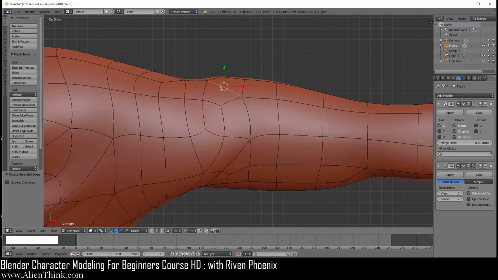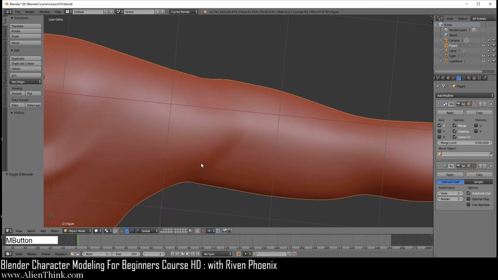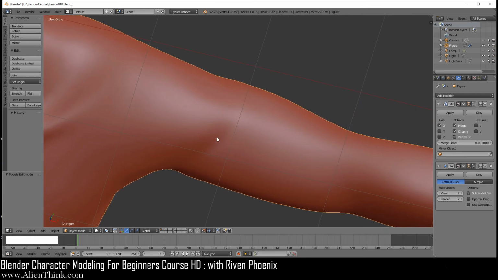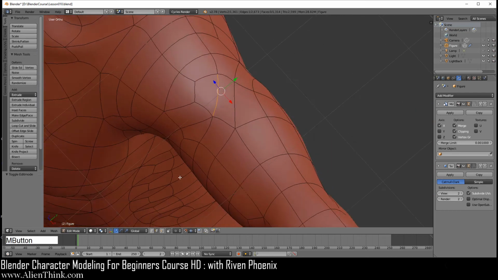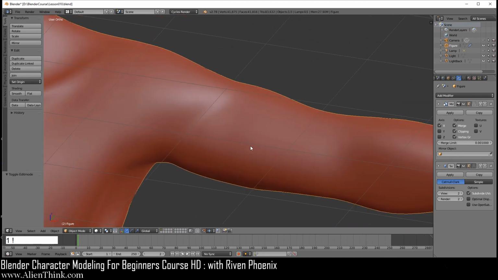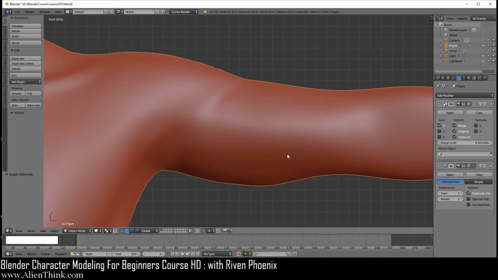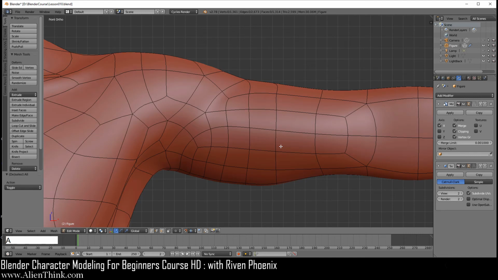To start to get the deltoid to go in the back area over here. Then click on this one, Control A, 1, 2. Click on this one, 1, 2, and then click on this one, 1, and then 2. So if you do tab, you can see how we're defining this area of the muscle. Okay?